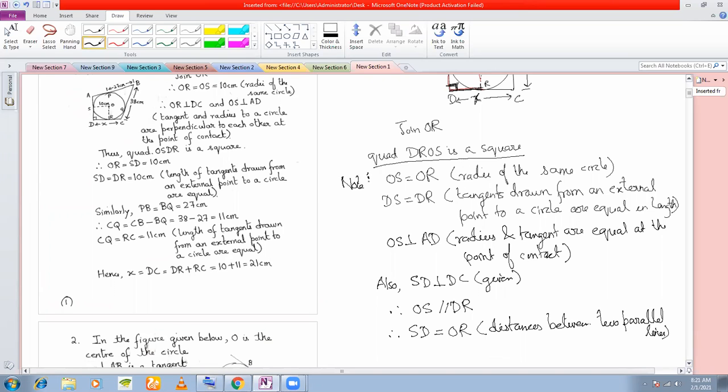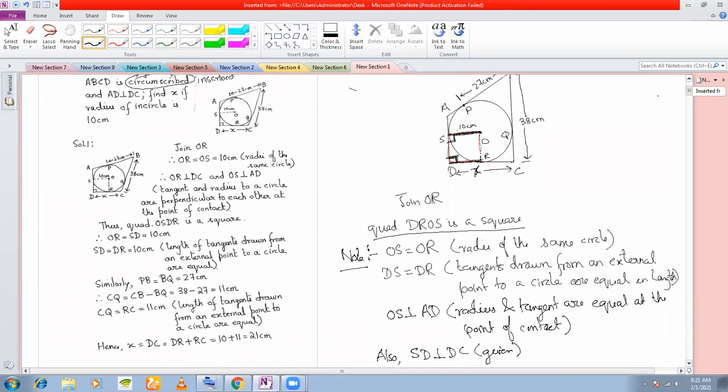Note. Okay. This is something you can take note of, why I'm saying it is a square. But you need not do all this. You need not write all this. Whatever I have written in the note will be sufficient. So this is just for your understanding. So once we know that it is a square, now we shall proceed to find.